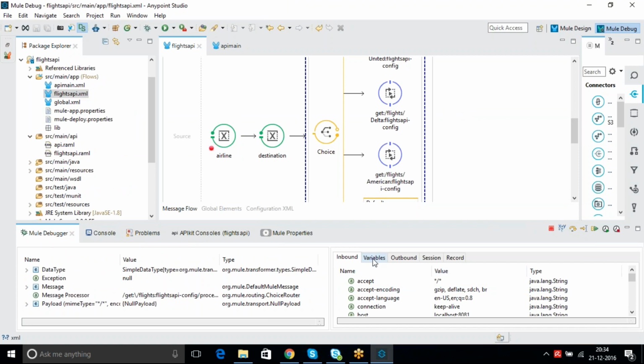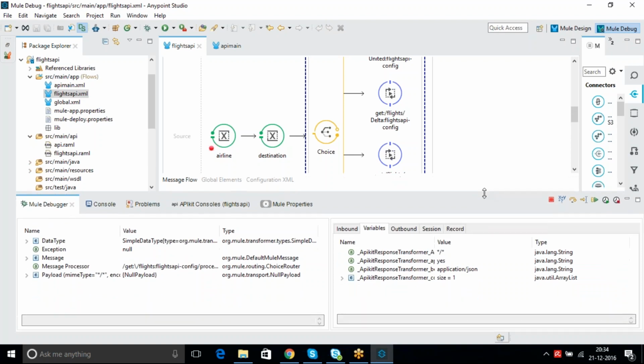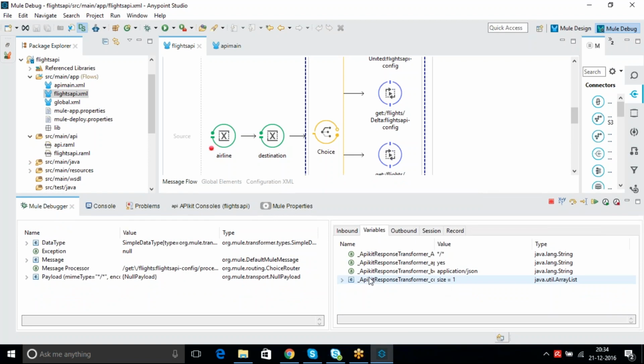Now you can see whether the destination variable got created or not, right? So there is no variable created here. So that's what it is going again. Something wrong. Okay.